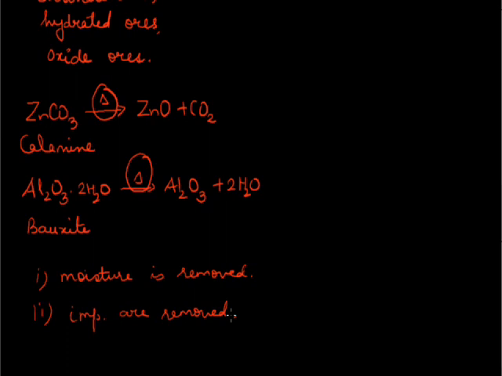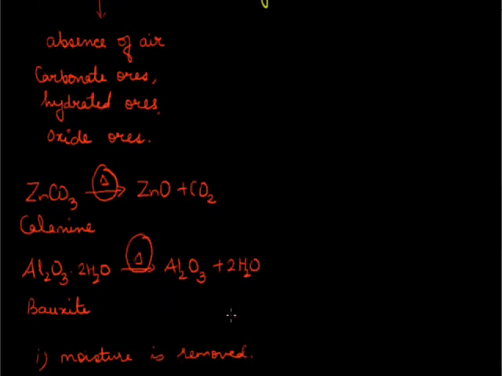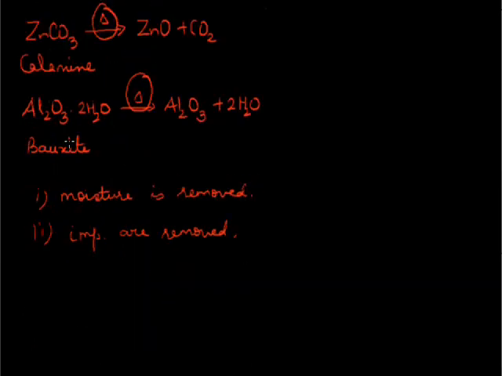That is why, although this step is for conversion into oxide, I have written example oxide here. Why do we need to calcine an ore which is already in the form of its oxide? Because in case moisture is there, in case some volatile impurities are there, they can be removed. Calcination is done in special furnaces called reverberatory furnace, and the product of calcination is called calcine.